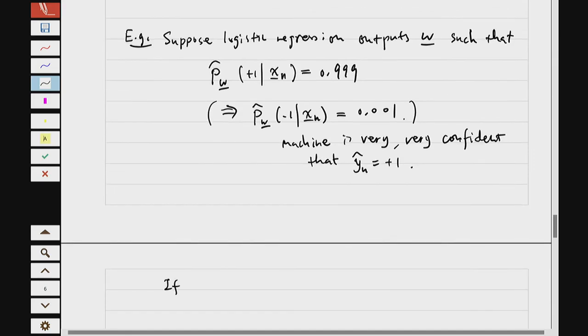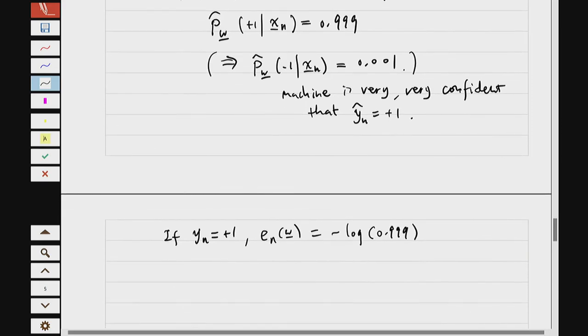if you now look at your data set, the real label, right? If in fact the true label is +1, then what is the error for this data point? Well, we substitute into our log loss function. So it's a negative log of basically this probability, 0.999. Okay? And, well, what is that equal to? Very small, not really exactly 0, but turns out to be